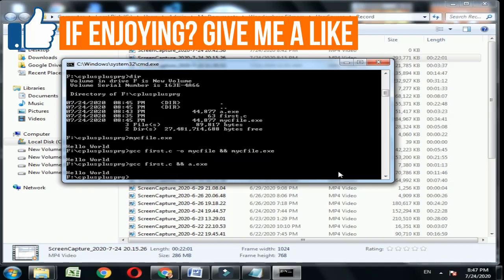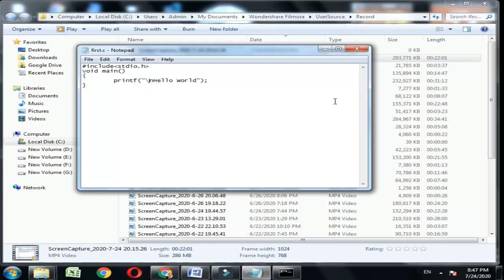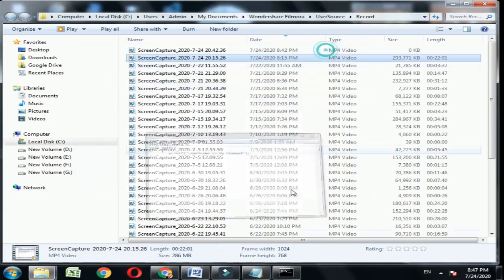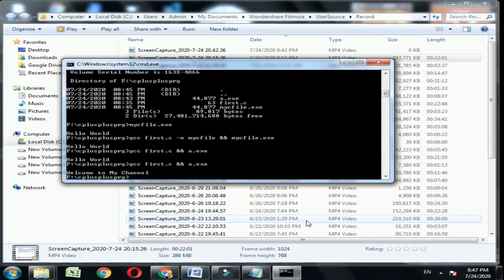If you want to change the content of the program, you can change it by going to the file. Now in place of hello world, I am writing welcome to my channel. Save it, again go to the command prompt, write the same command gcc first.c ampersand a.exe. Now welcome to my channel will appear.